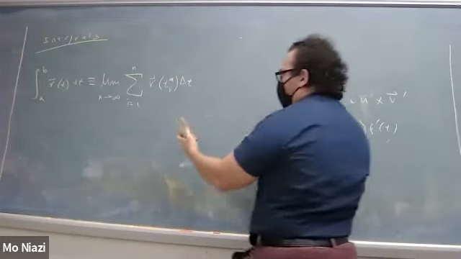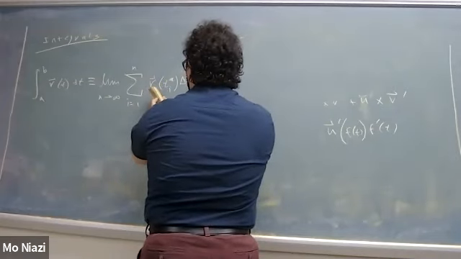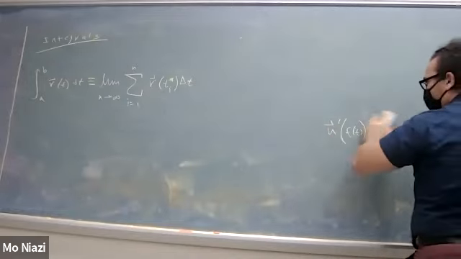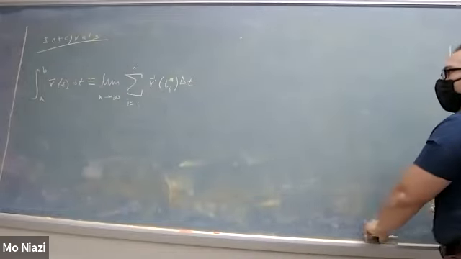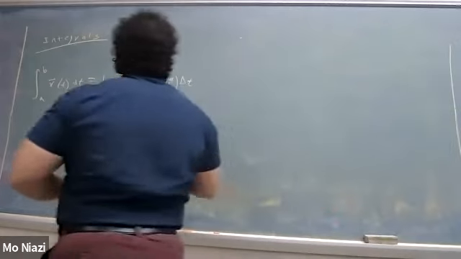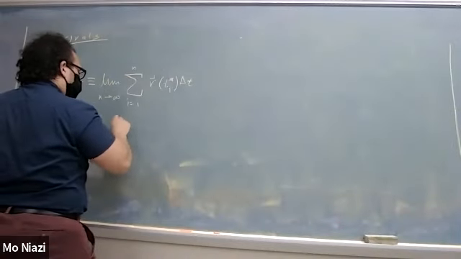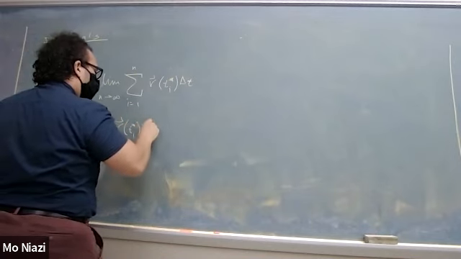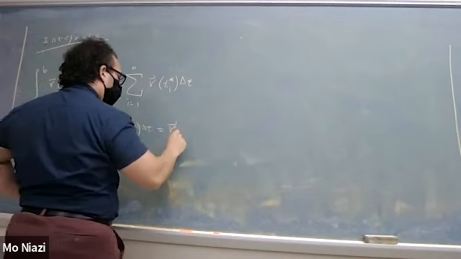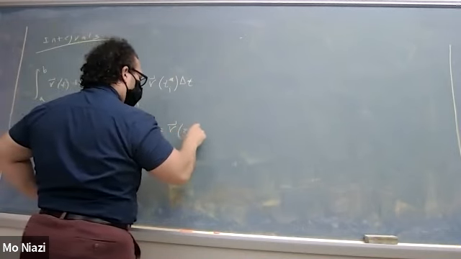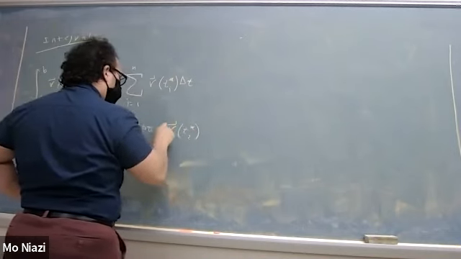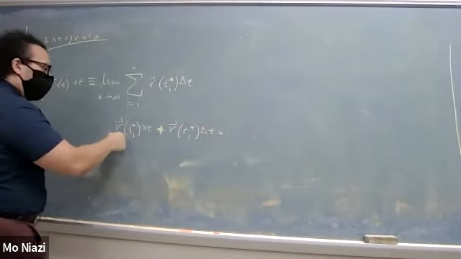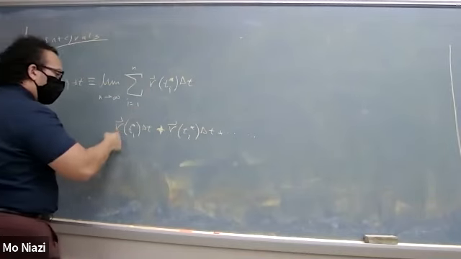Really, each of these terms for each i is just calculating an area. And you're summing all of the areas. So the first one is r of t1 star delta t plus r of t2 star delta t, and so on. Really, this is an area because when you evaluate the vector at t1,